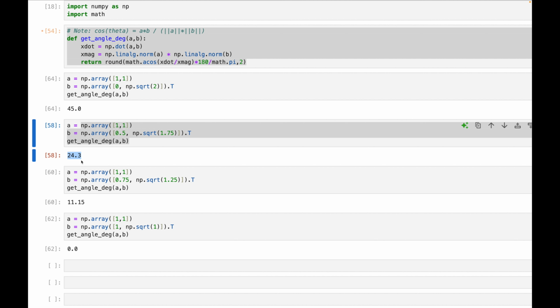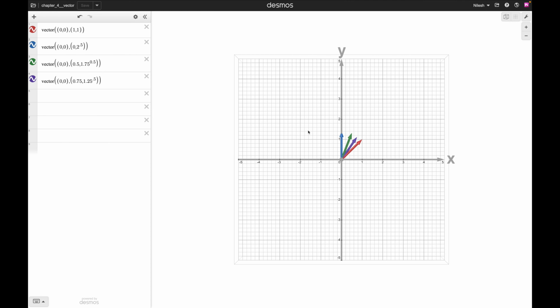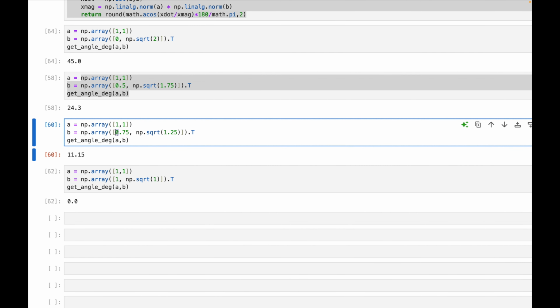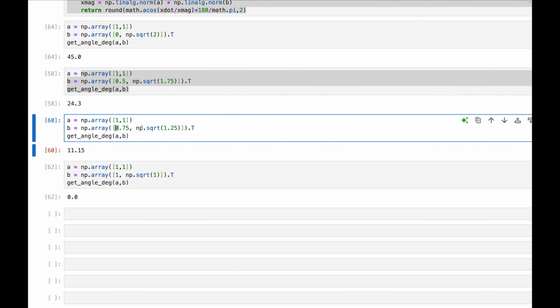That is to say, we are getting closer to the red arrow, and here the angle is now 24.3. So we are now moving closer to the red arrow. And now let's say we update our W further, and we happen to get to this particular vector, which is the violet vector, where we have the coordinates 0.75 and square root of 1.25. If we look at 0.75 and square root of 1.25, then the angle is just 11.15, so 11